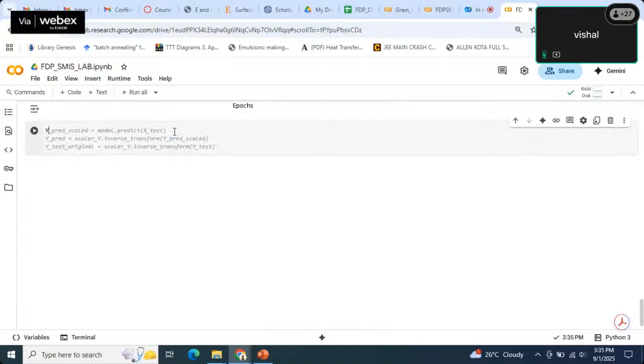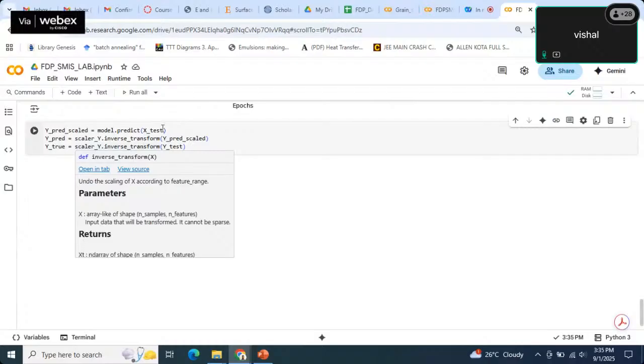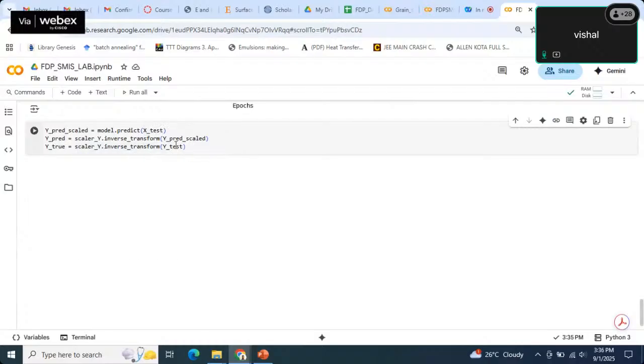Model predict test. Why are we using inverse transform? Because earlier our data we already converted into normalization. So again we need to take this normalized data and convert it into the actual values. That's why, for these predicted values, we are going to change them again to their normal values. Now we will calculate the R score, or